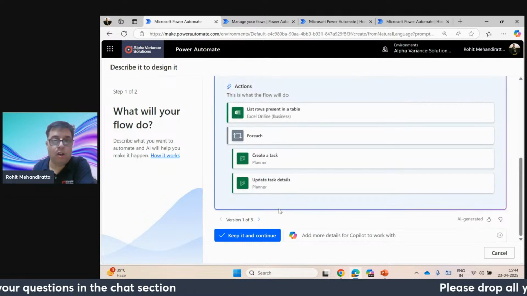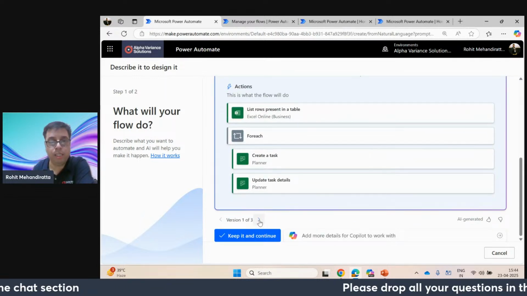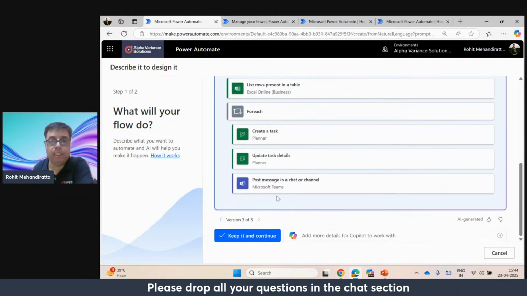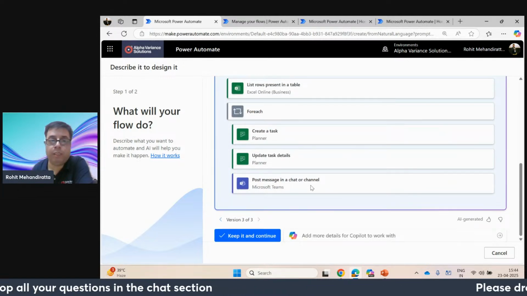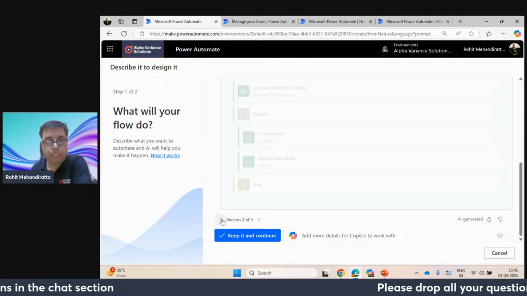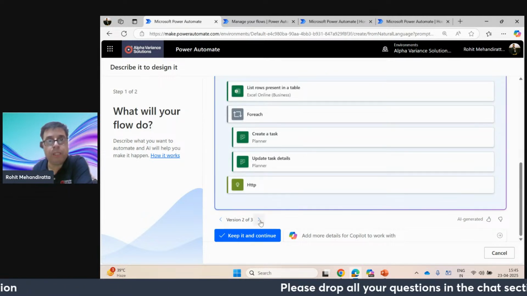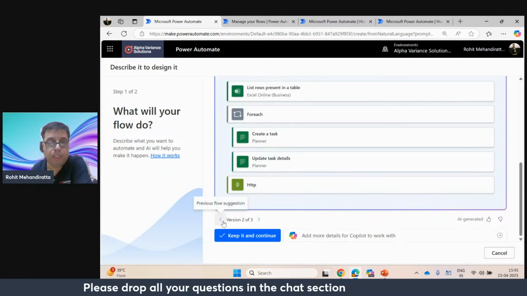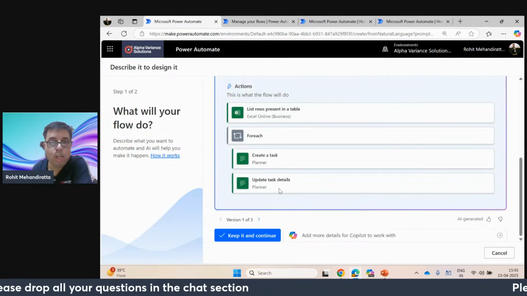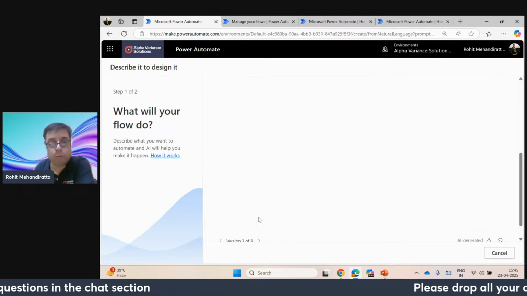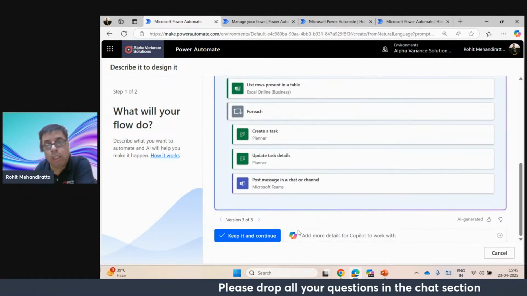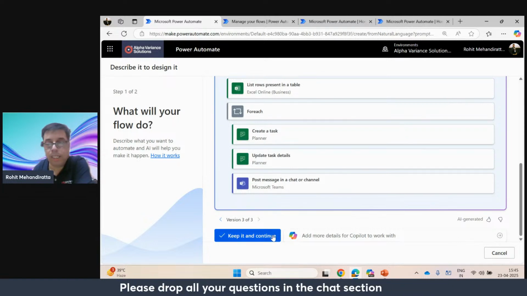Now if you see, the first version is the same one, the second version it is calling some HTTP, and maybe in the third one, it is going to the post messaging Teams channel. So whatever is correct for you, you can choose that. I think this one is the right one as per my requirement. This is not the one which I was looking for. This is the original one which was without my changes. So whatever is the version which you want, you choose that, and once you choose that, you say keep it